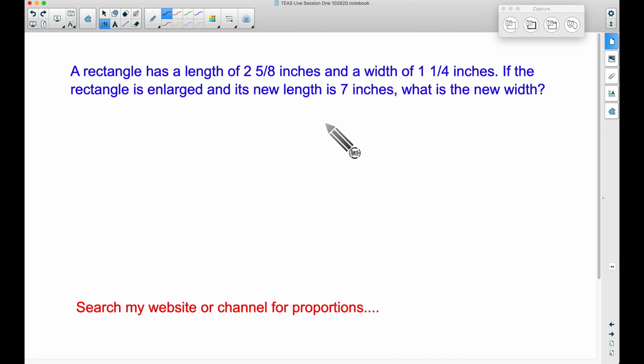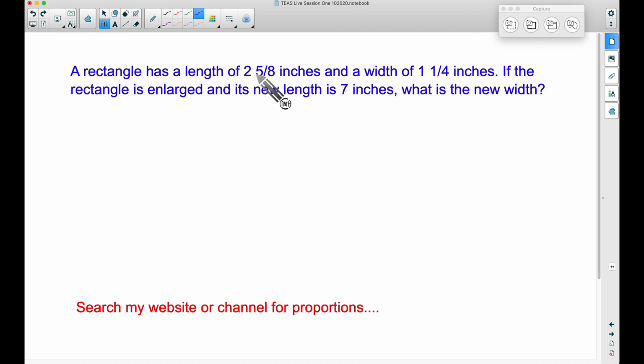A lot of students will tell me, hey, I struggle with word problems. Word problems is very, very broad. There's so many types of word problems. But from my experience working with students, a lot, not all of them, but a lot of problems on the math portion of the TEAS, if they are word problems, you can probably solve it using a proportion. With that said, let's look at this example.